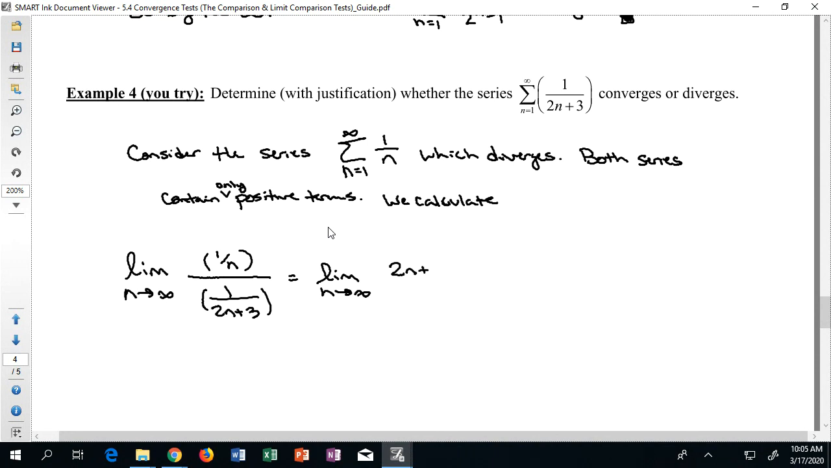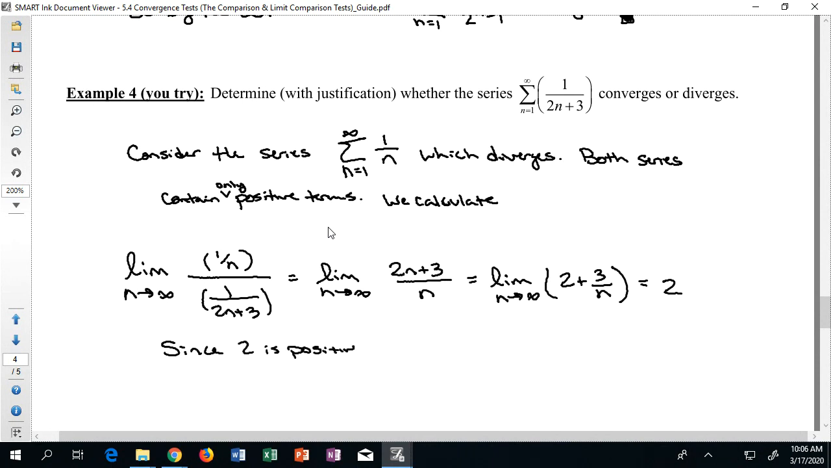I'm going to end up with a 2n plus 3 over n squared. It's going to be the limit as n approaches infinity of 2 plus 3 over n. And so I get 2. Since 2 is positive and finite, we know by the limit comparison test that,